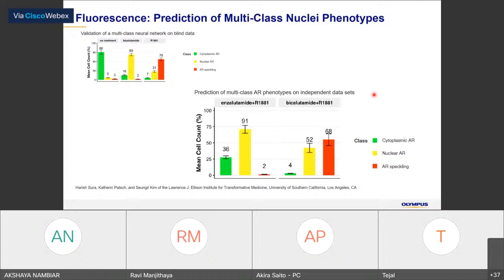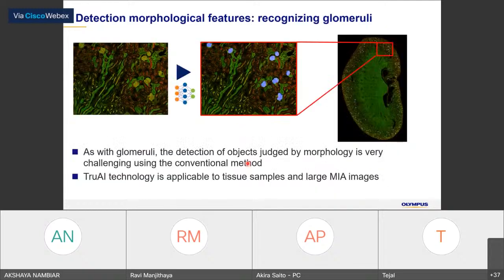And by using validation on those kinds of images, we can find out whether this neural network is valid or not, and also apply it to the real sample and see that this one has more AR speckle cells compared to these samples. So this kind of analysis can be done.